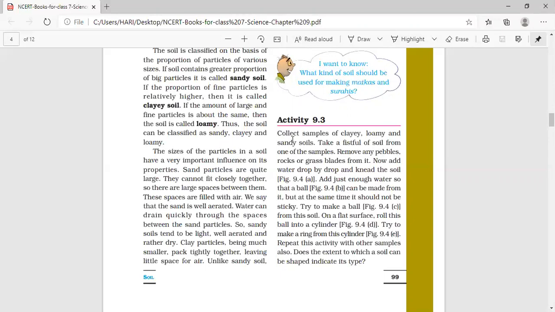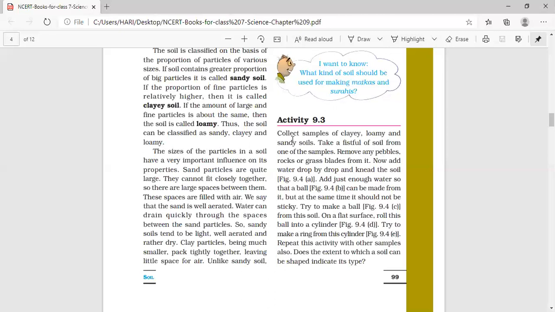And after bringing the samples, we will be removing all types of pebbles, rocks or grass, means any leaves that are there, you remove. Sand, pebbles, etc., we remove from the soil. Only the fine particles will be there, whether it is of sand or clay. Then knead the soil.